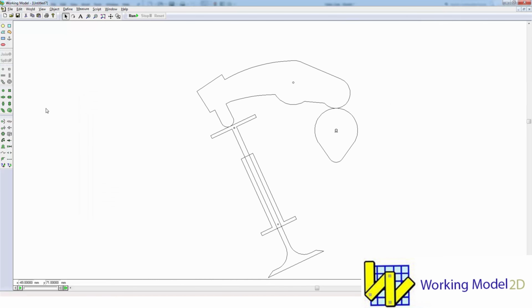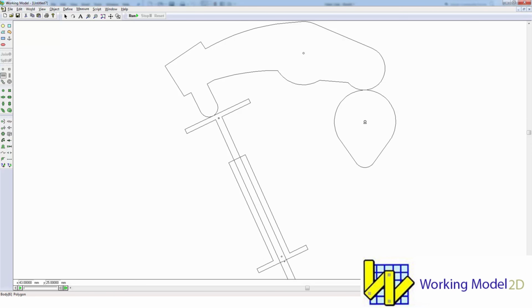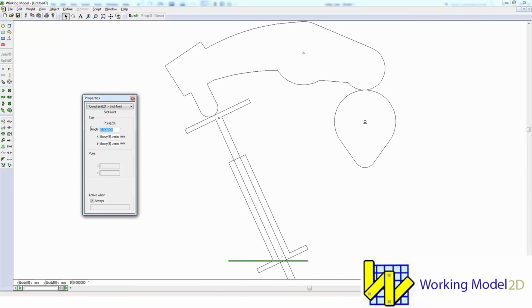Okay, and now we'll go ahead and add a slot. I don't have to use that point; I can hover down here over the snap point. I'll save this point right here for when we attach a spring between those two. So I'll hover over there and click. It doesn't know that this body is rotated, so I simply have to tell it to rotate the slot 65 or -65 degrees.